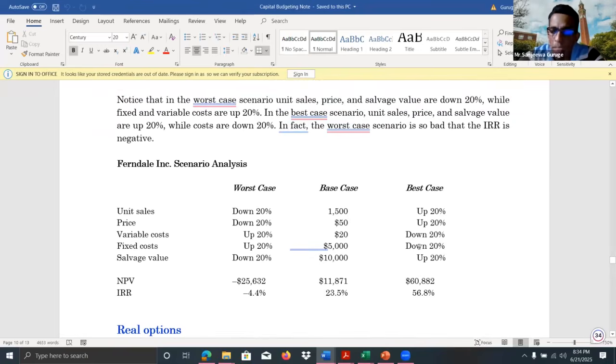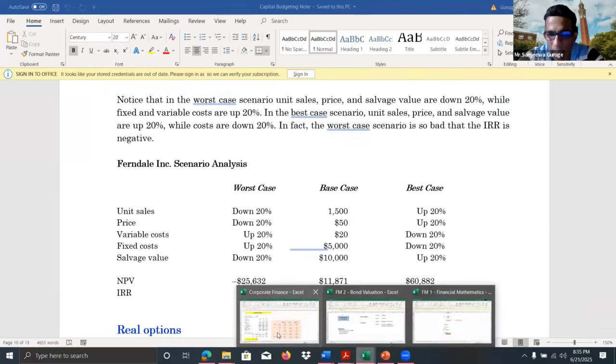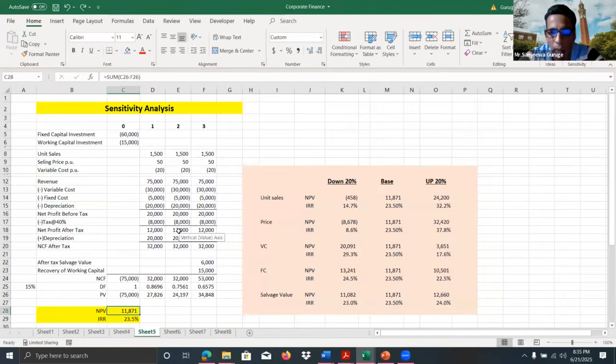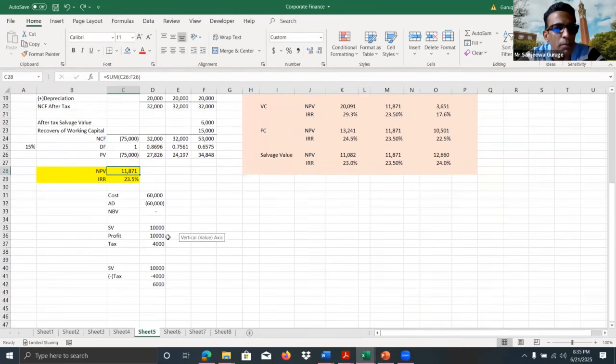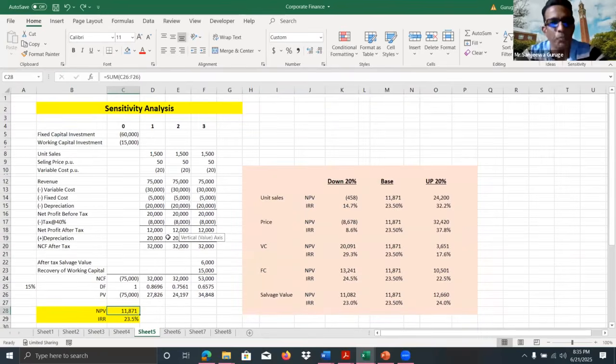So scenario analysis and sensitivity analysis are the techniques used to analyze the risk of a project. To identify the risk of a project, these techniques can be used. Using this, we can identify the impact, and further analysis should be done to make sure, before accepting a project, that these analyses have been done.